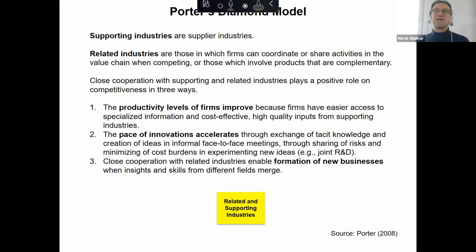One of the things to consider in this decision is whether there are strong supporting and related industries in the location where we will establish our business. Supporting industries mean suppliers. As we know, no business is an island. We cooperate with actors and partners along the value chain. If we are in the automotive industry, then among the three countries I mentioned, perhaps Finland would not be the best choice to invest in versus France or Germany, because